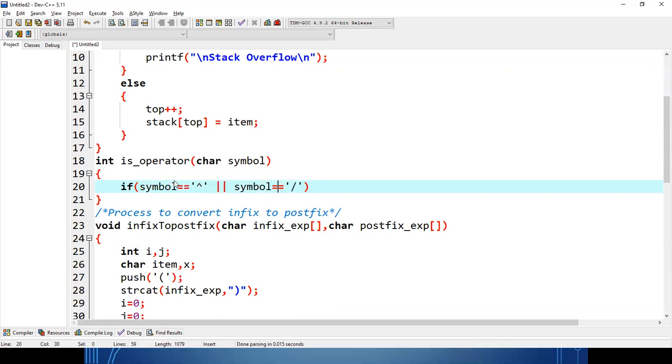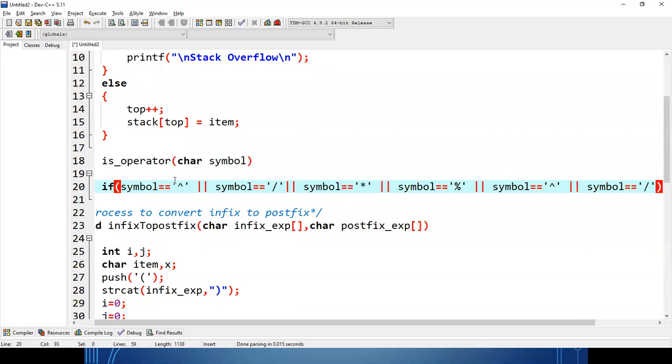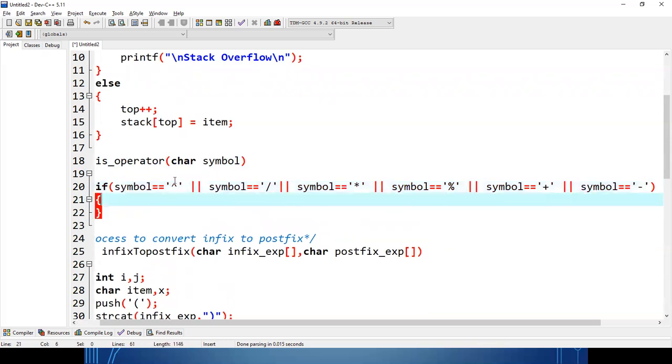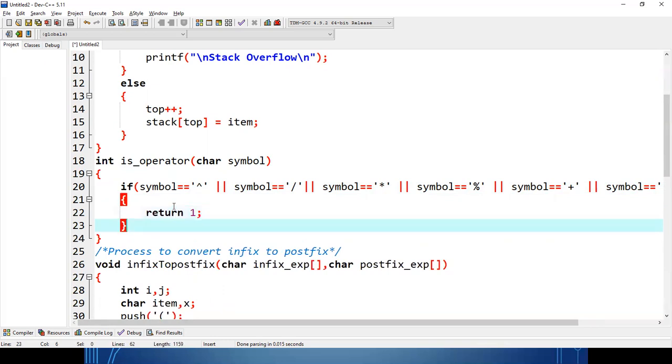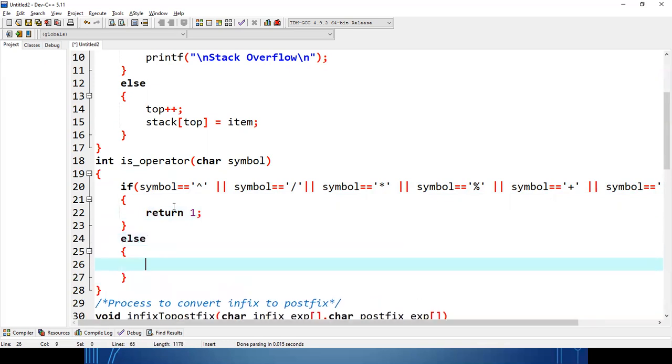Let me copy so that it will be faster. The next one is multiplication, the next is modulus, minus, and plus. If one of these operators has been encountered, then I'll return 1. Otherwise, I'll return 0.